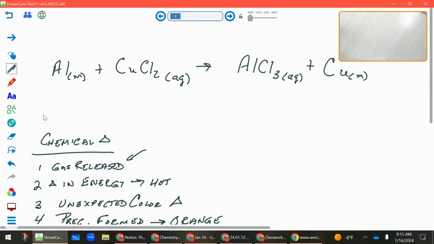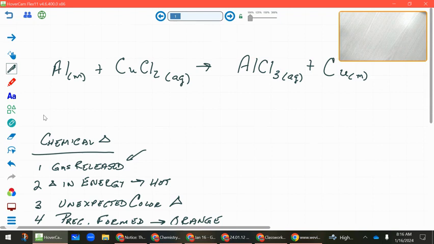Copper chloride. Any idea what AQ stands for? Aqueous. Because what did we do to it? We put it into water. That's what aqueous means. By the way, ladies and gentlemen, this was what kind of a change? Physical. This was a physical change, because it's dissolved. You had a blue powder, you put it into water, and your water turned blue. Is that an unexpected color change? No. There was no heat, there was no gas given off, there was no precipitate formed.